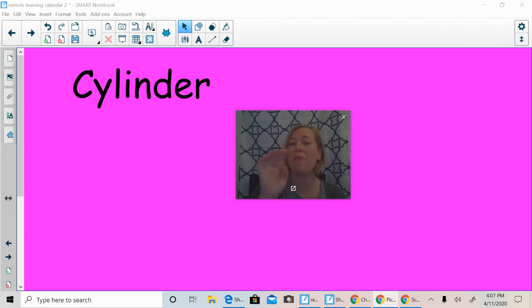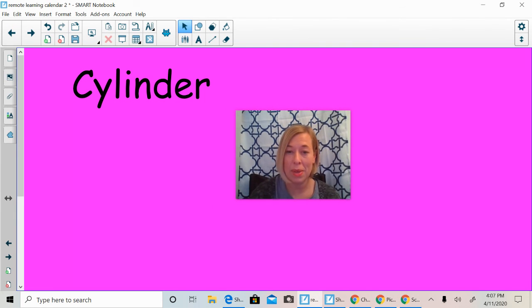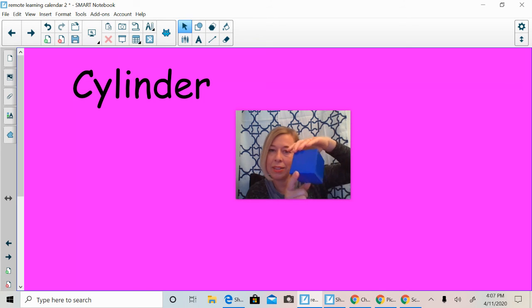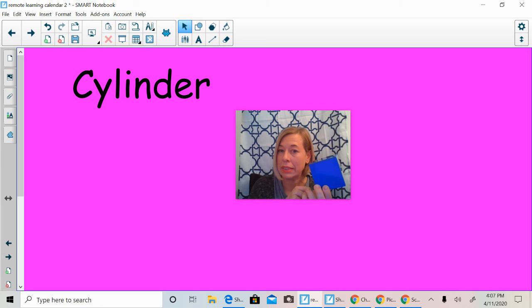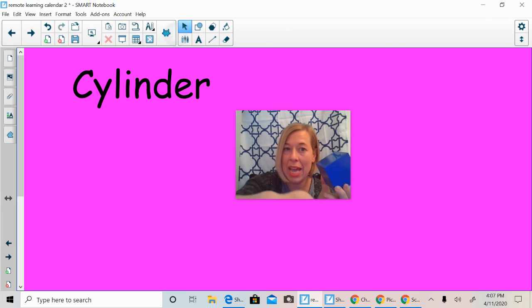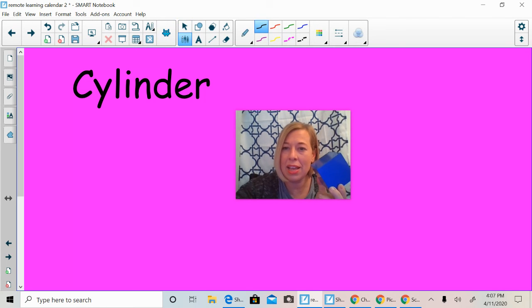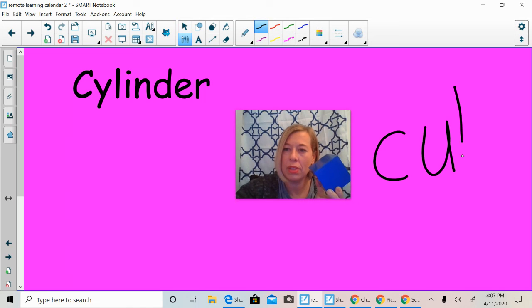All right, we've learned about lots of 3D objects this week. I want you to try and name them. It has 6 faces. Can be a dice, box. It is a cube. If you said